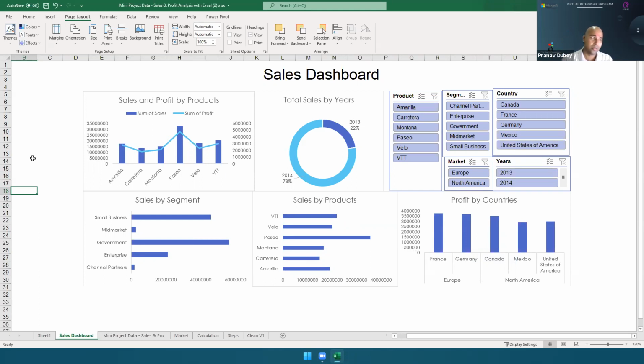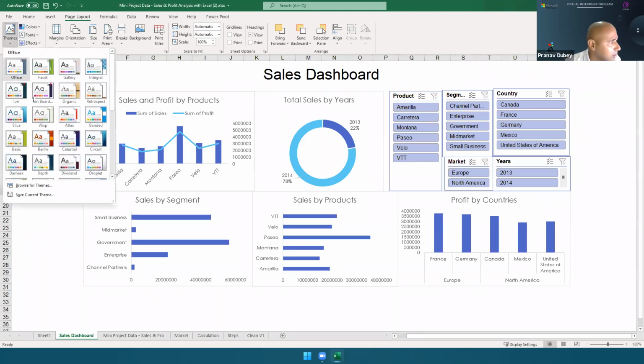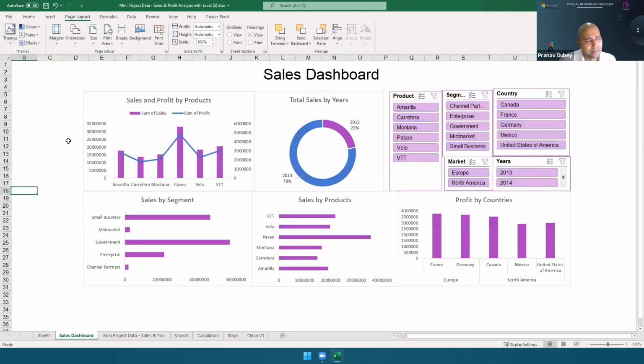Jio uses, I think, blue again, so their product, everything will be blue. Netflix, red and black. So depending on what your company is, or for what company you are preparing the dashboard, it's up to you. You decide what you want to use. Perfectly okay.